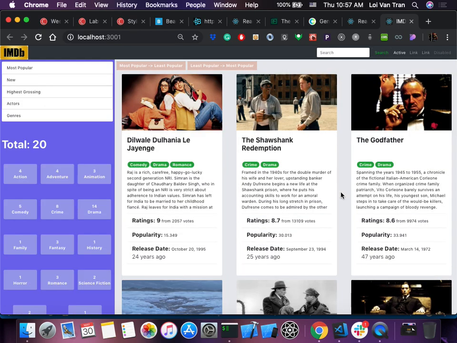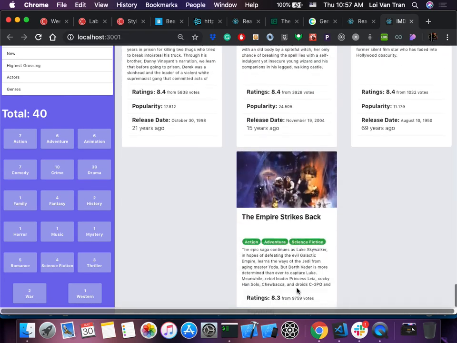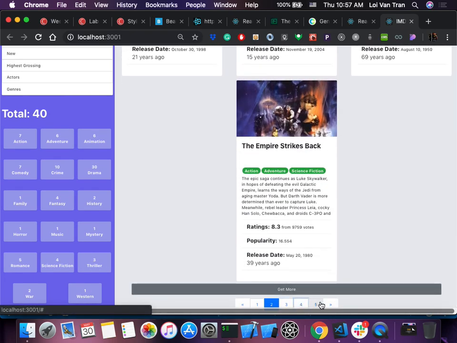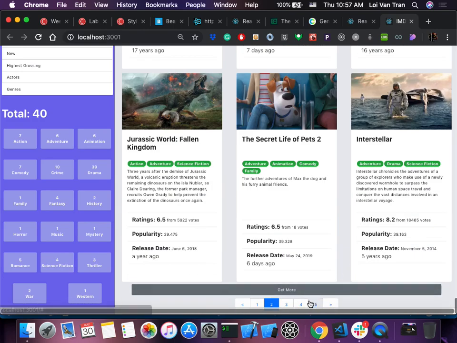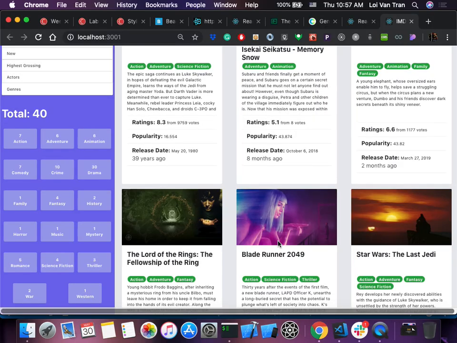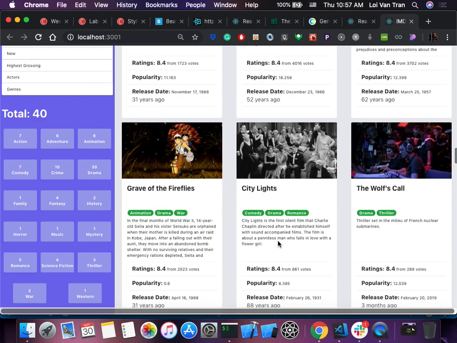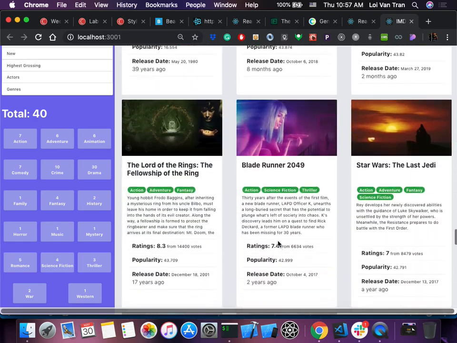I'm giving you guys two examples right here. We scroll down here. You can click a button to get more data, or we can have pages. We can click pages as well. There are many different websites, and it depends on what your boss wants or what you want. The most useful pattern is called infinite scroll. As I scroll, the application should just go and get more data for us. We don't want the user to have to press a button. That's a waste of their thinking and their time. It's a bad user experience. But for right now, we're going to be okay with this because